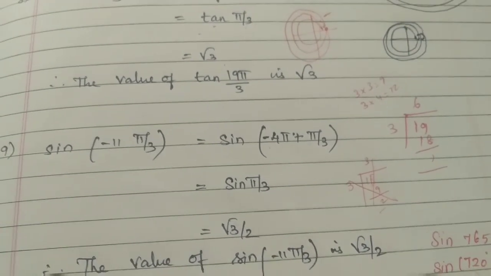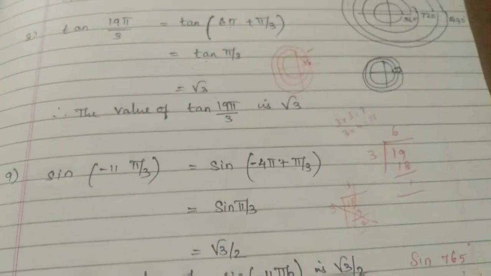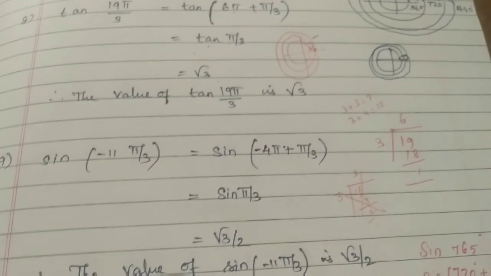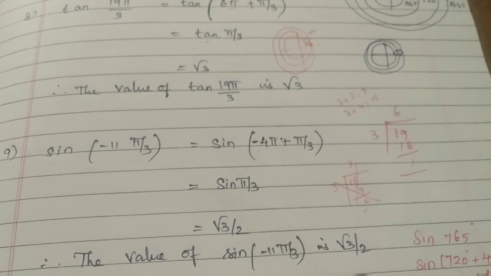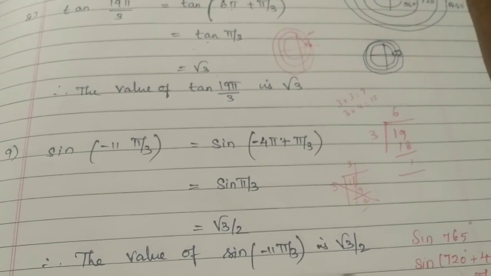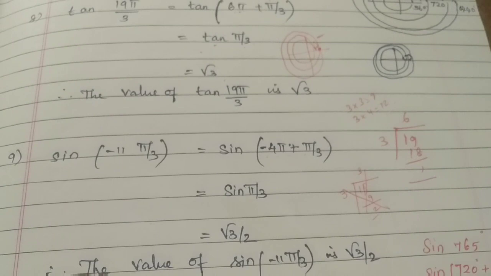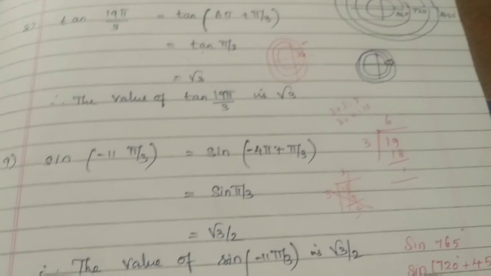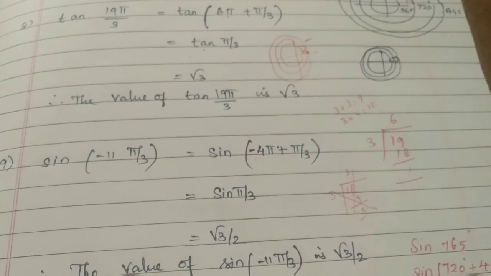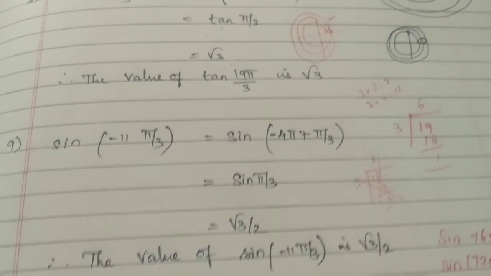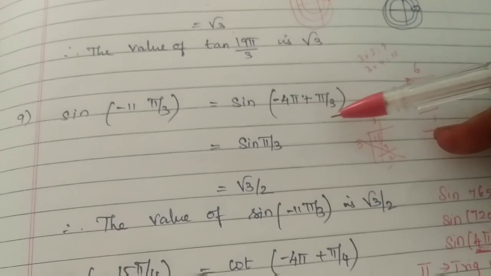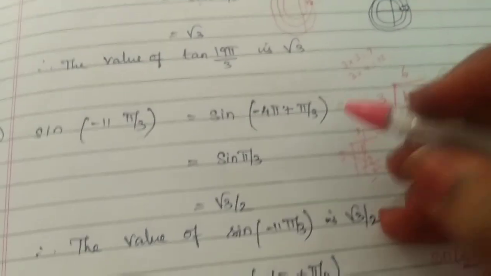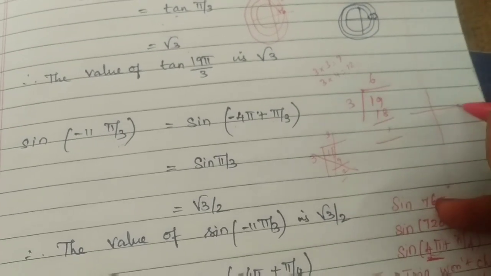According to the table, according to the divisor, whichever number is nearer, according to that you need to write. Therefore minus 11 by 3. In the third table, 12 is nearer to 11. Therefore 4 threes are 12. So you are writing minus 4 pi plus pi by 3. After writing that, check whether after taking LCM you are getting the same step or not, otherwise it will be wrong. So now here it is minus 4 pi.